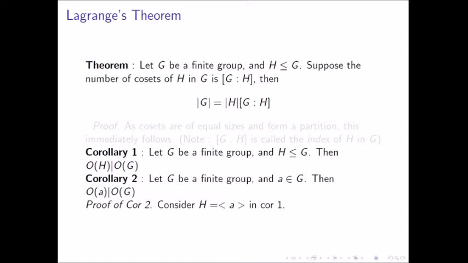Indeed, this proof is far more elegant than the very bashy proof back then. So just look at it once and we'll proceed now. And that would say that the order of H would divide the order of G, but the order of H is the order of small a. So the order of small a divides the order of G.